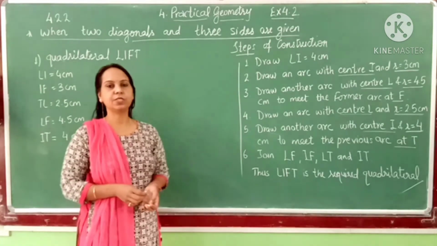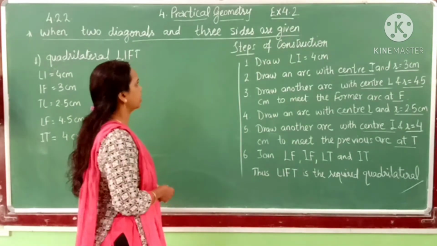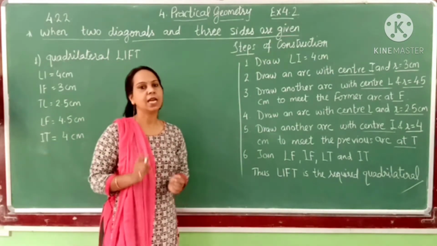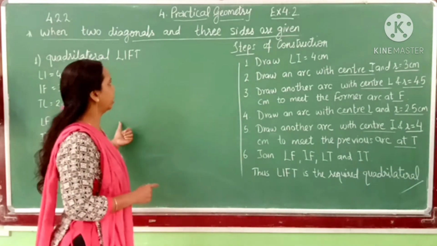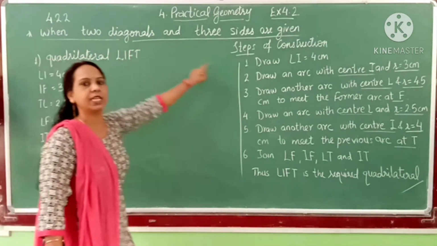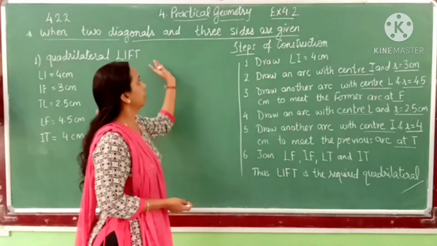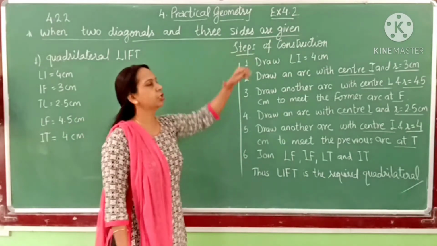Very good morning class. So today we will start the new topic. In the previous topic we have learned about the construction where 4 sides and a diagonal was given. Now today we will learn about the condition where 2 diagonals and 3 sides are given. So we will do the construction according to the condition given over here, and we will solve exercise